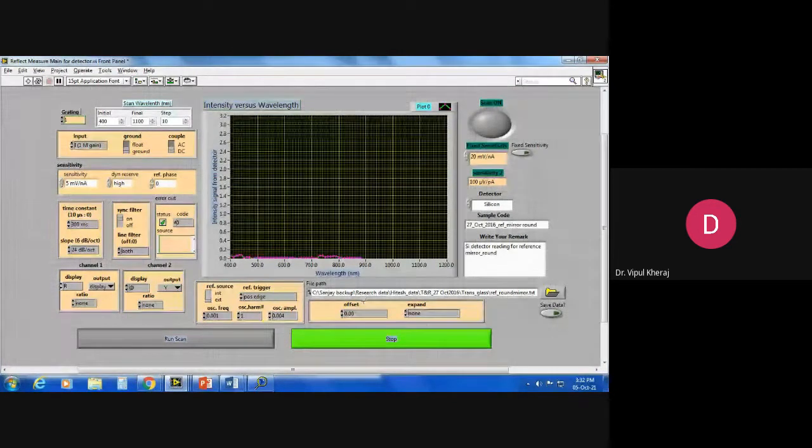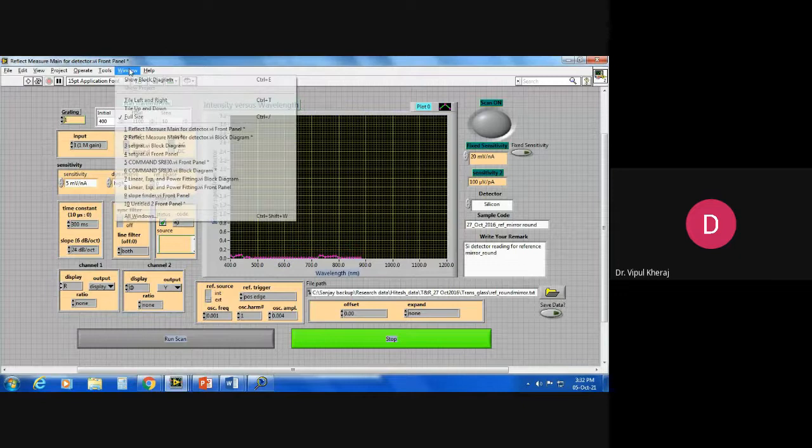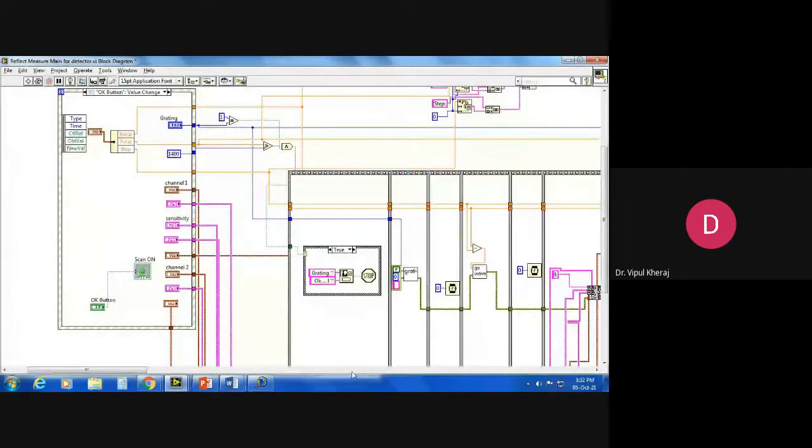So once you develop an application and deploy it in the form of an exe file, then you don't require LabVIEW software to run that program, right? So basically, you can make your own software, you can make your own app also. This can also be converted into an app and can be run from mobile, right? But provided that you have the hardware interfacing along with the mobile, or maybe through Wi-Fi or something like that. That requires one extra add-on kit.